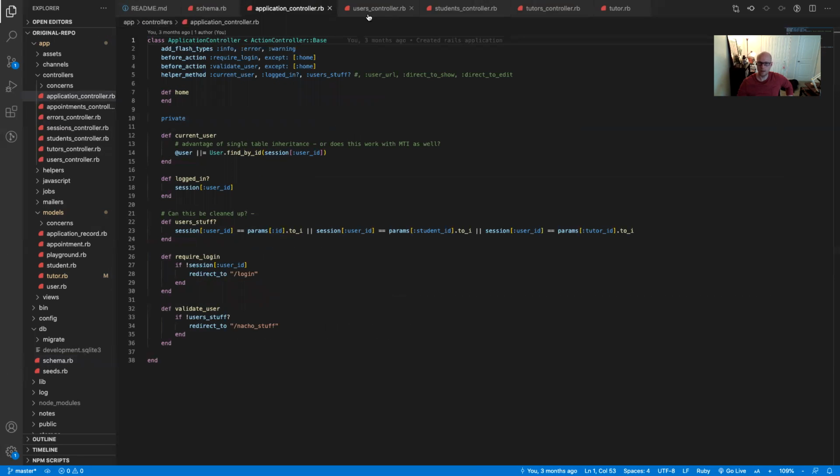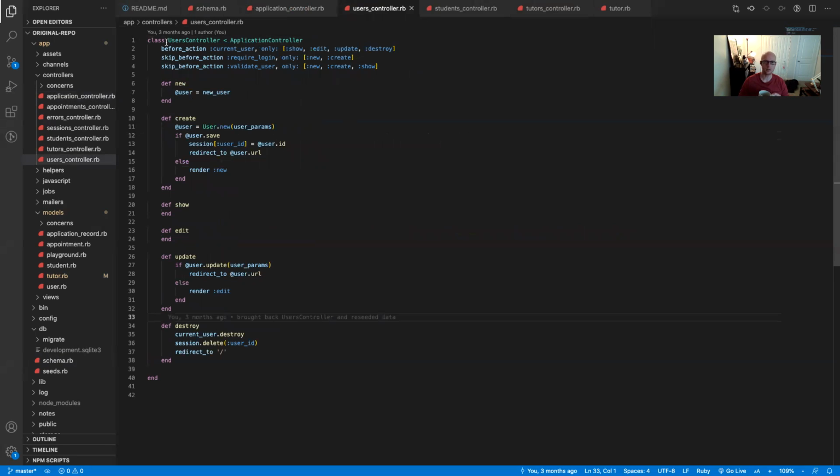And then I basically needed full CRUD for both types of users. And there's a lot of overlap in what they do. So in order to not repeat myself, I had to develop this users controller inheritance structure. So here's our application controller, where we'll have the current user, and then users controller is